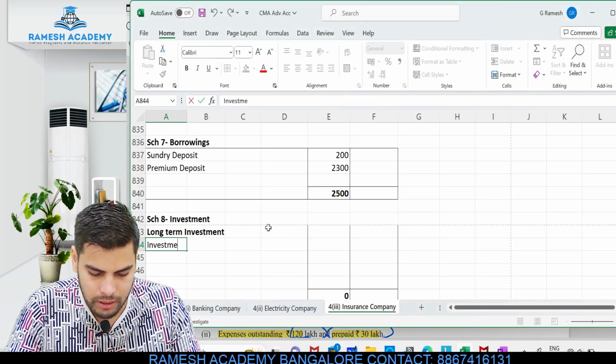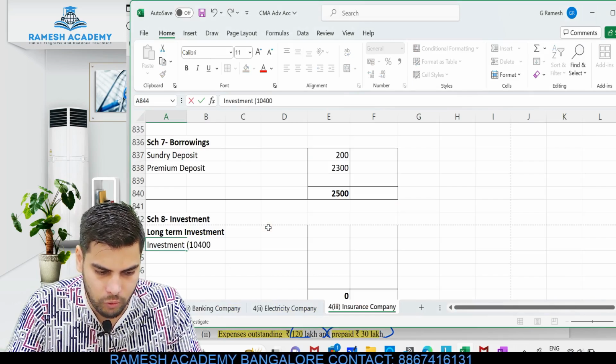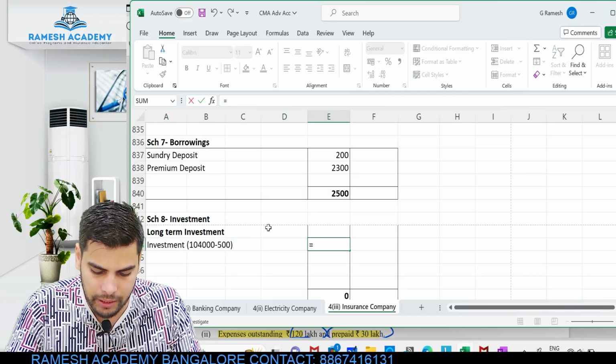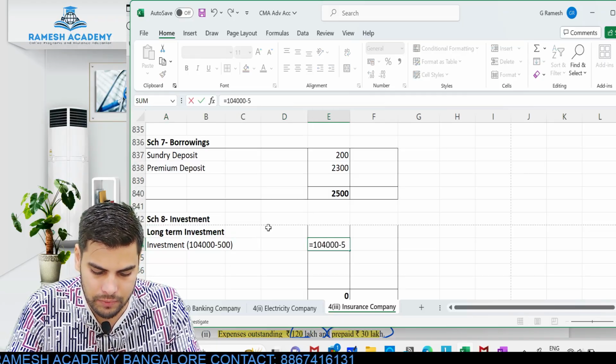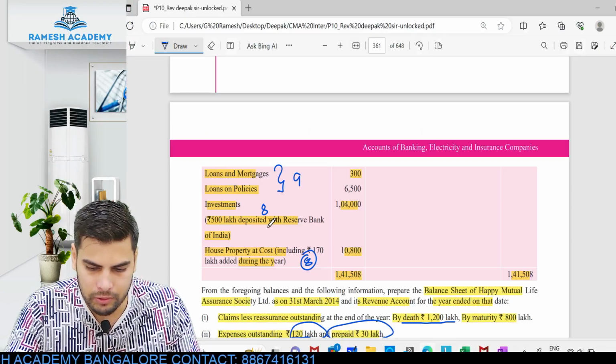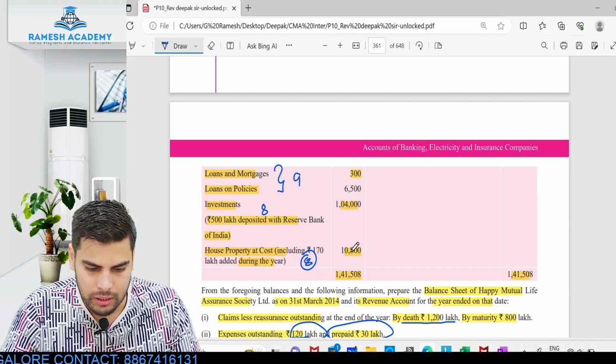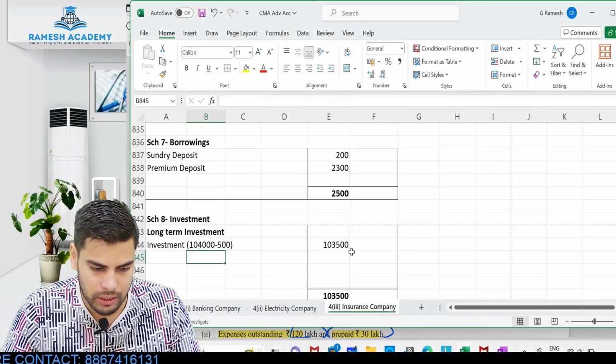So investment 1,04,000. Out of this, 500 is the amount which is maintained with RBI. Okay, so 1,04,000 minus 500, so 1,03,500 rupees would be the value. And then we have got investment in house property, which is 10,800. Okay, out of this 10,800,